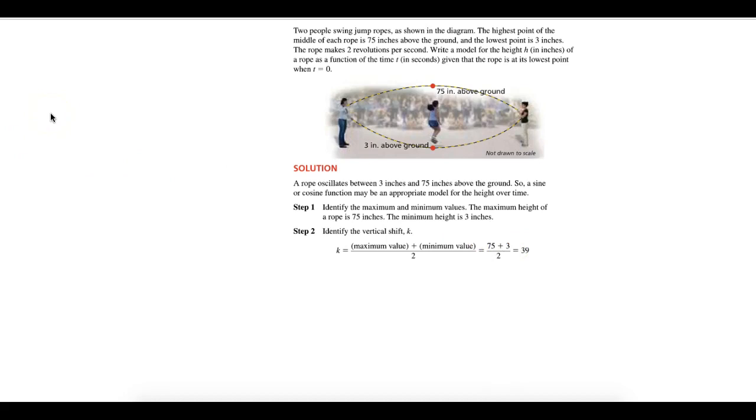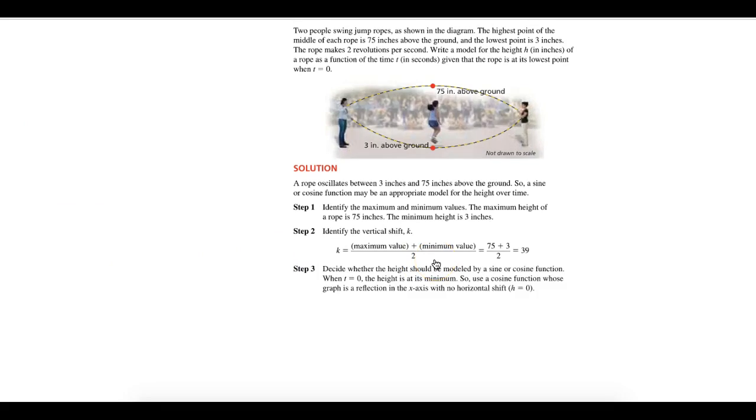Again, if we look at our graph right here, we see that if we have our minimum here of 3 and our maximum of 75, the midline is just going to be halfway in between that. So we just get that by adding these together and dividing by 2. So that's going to be our midline. That's going to be our k value. Okay, so let's go ahead, keep that in mind. The next step,